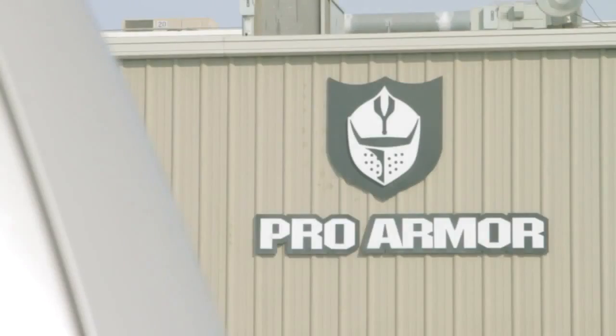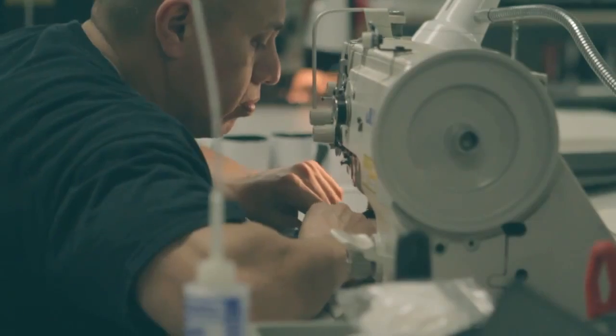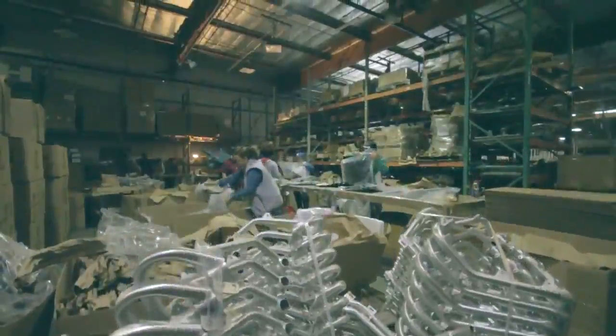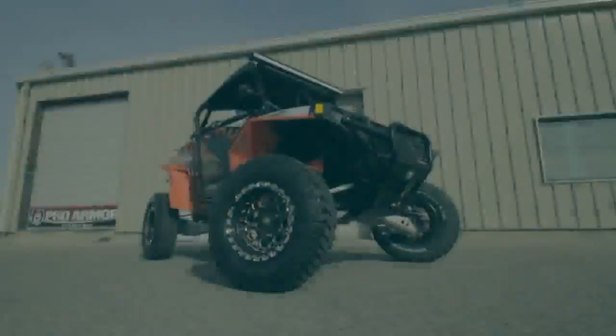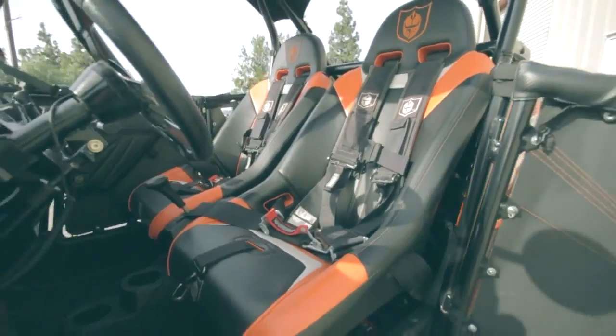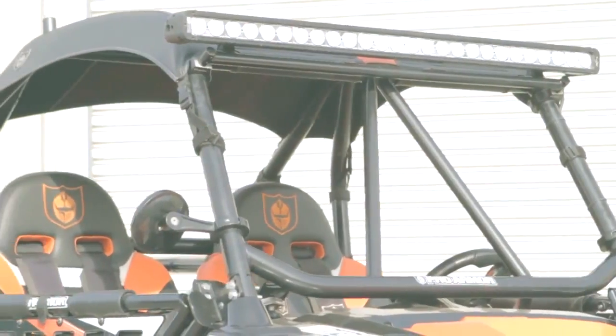With our facility that is over 60,000 square feet, containing in-house research and development, soft goods production, powder coating, CNC bending, metal stamping, welding, packaging, and shipping departments. Here is a behind-the-scenes look at how our Razor doors, Sniper suspension seats, and Asylum roll cage are all engineered